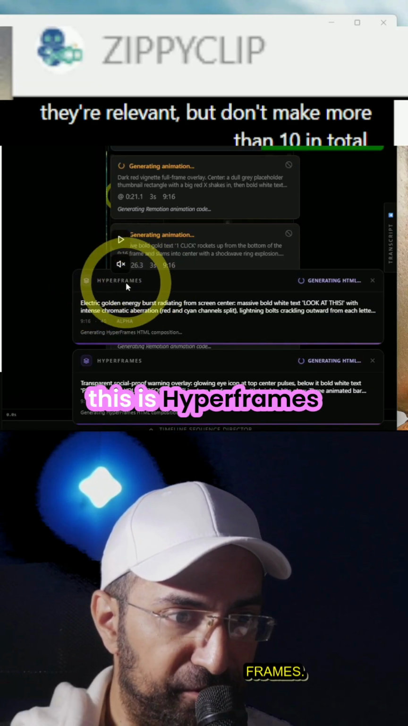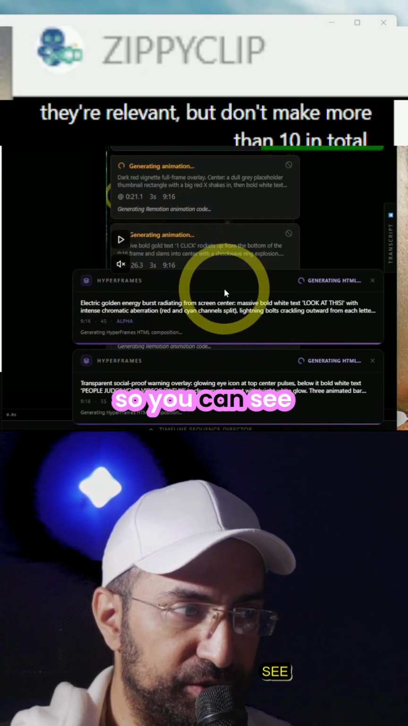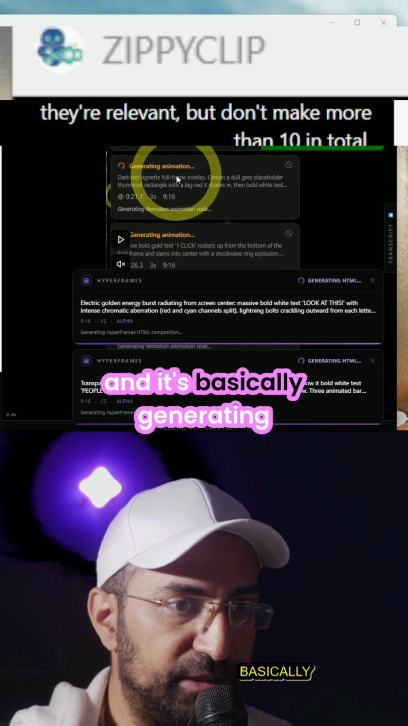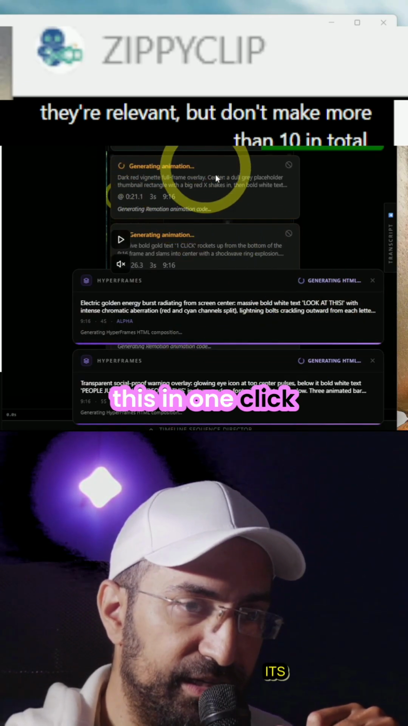See, this is Hyperframes. This is Hyperframes. It's purple. And this is ReMotion. So you can see all the pop-ups. And it's basically generating everything for me. And remember, I did all of this in one click. It's also using